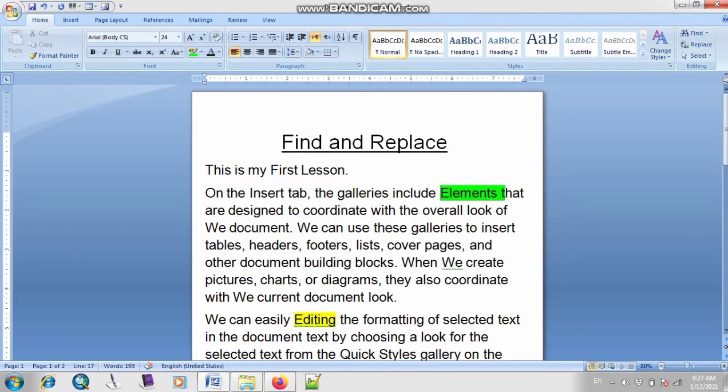So I hope this lesson is clear to all of you. What you have to do is practice find and replace. You have to find a word and replace it with another word. You can type any poem, any story, any essay, whatever you have in your book of social studies or science, and then replace specific words with another word. Now you just have to take a picture of your work before and after applying this feature, find and replace. So I hope this lesson is clear to all the class, and if you have any question, then you can ask me in Google Classroom or in WhatsApp.